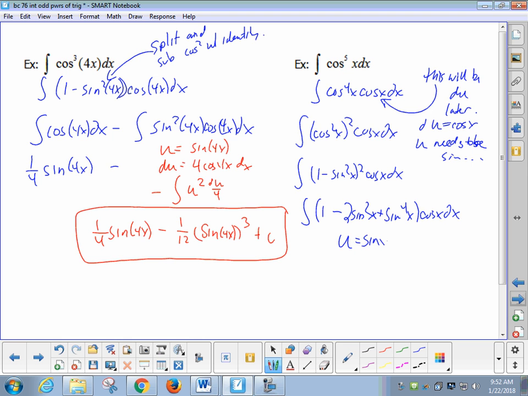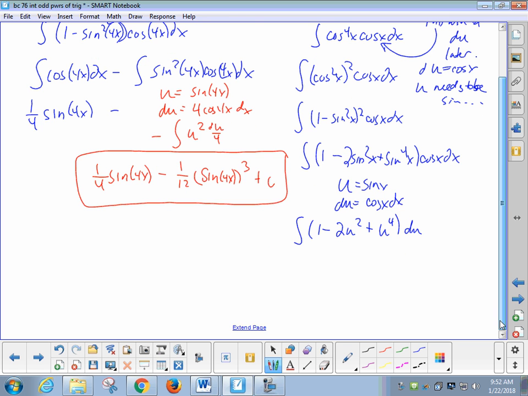Sine, and du is positive cosine. So with substitution, it becomes the integral of 1 minus 2u squared plus u to the fourth du. Your antiderivative then is u minus 2/3 u cubed plus